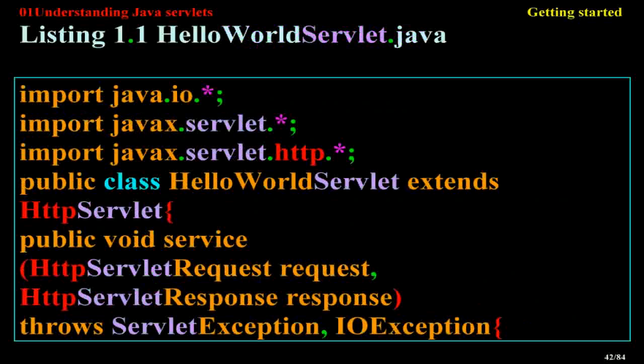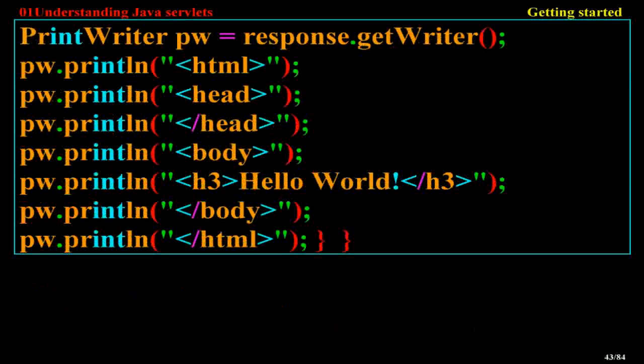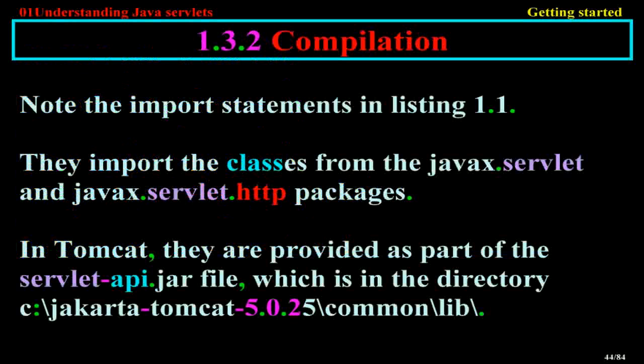1988. Listing 1.1 HelloWorldServlet.java. import java.io.*; import javax.servlet.*; import javax.servlet.http.*; public class HelloWorldServlet extends HttpServlet { public void service(HttpServletRequest request, HttpServletResponse response) throws ServletException, IOException { PrintWriter pw = response.getWriter(); pw.println("<html>"); pw.println("<head>"); pw.println("</head>"); pw.println("<body>"); pw.println("<h3>Hello World</h3>"); pw.println("</body>"); pw.println("</html>"); } }